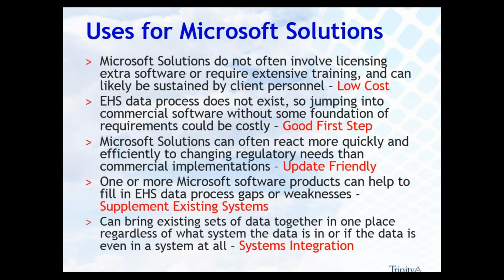Typically you can sustain this through your client personnel, where you don't have to call the consultant every time you want to make an update. That entails being low cost. In addition,